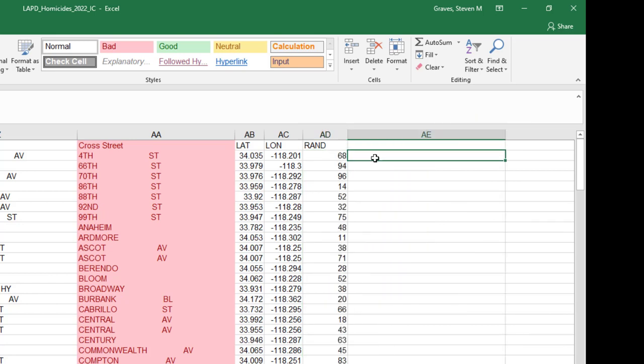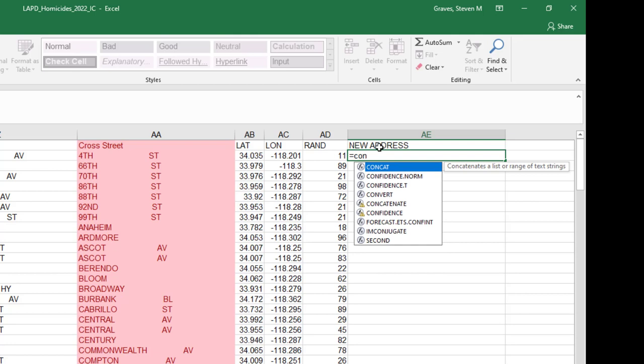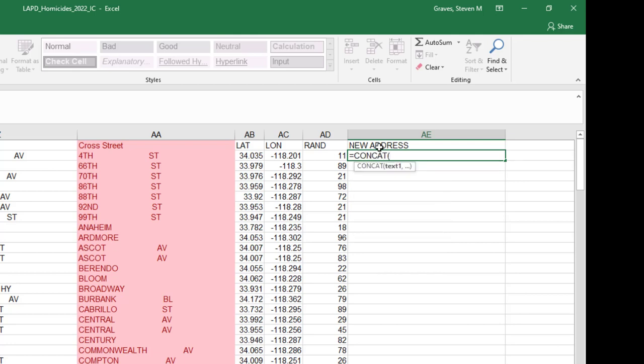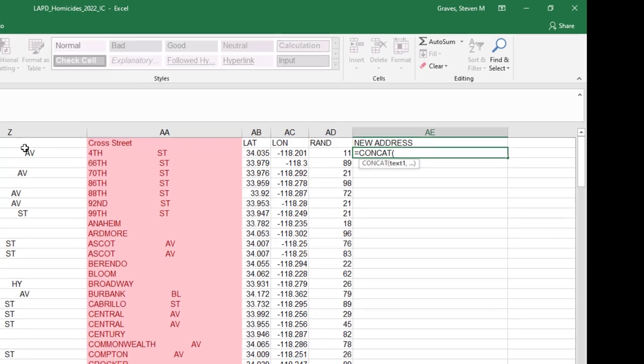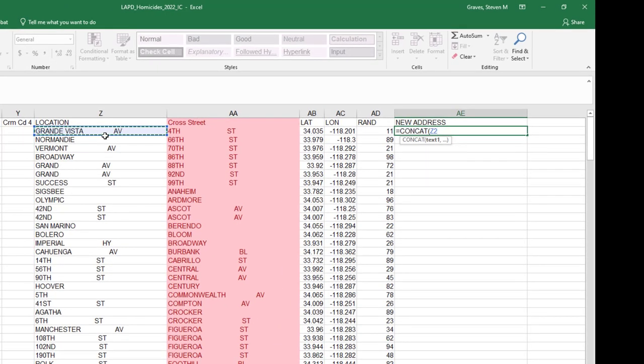Okay, so now what we want to do is get a new address. New address, type in equals CONCAT. This is a command that will glue two things together, and we want to concatenate what's in column Z, so Z2, comma,